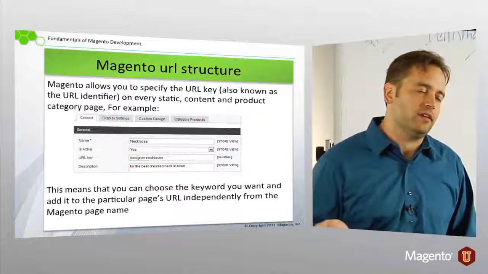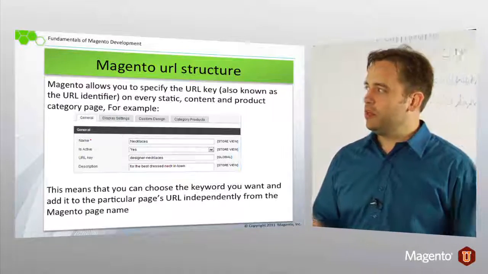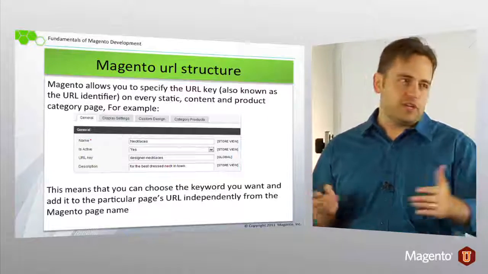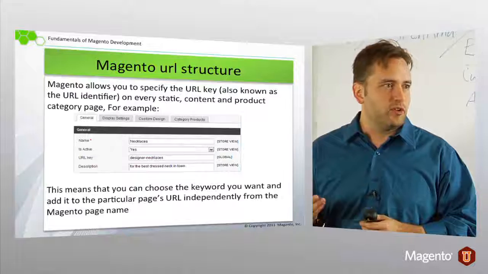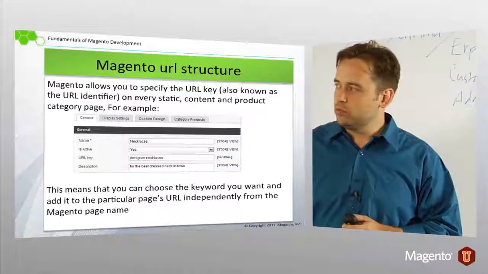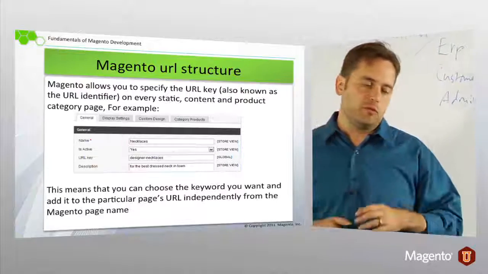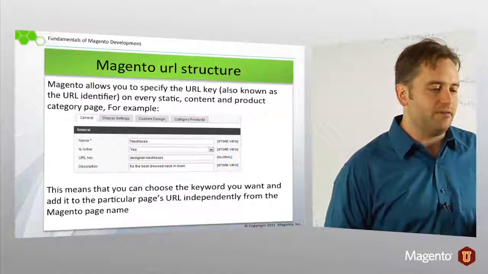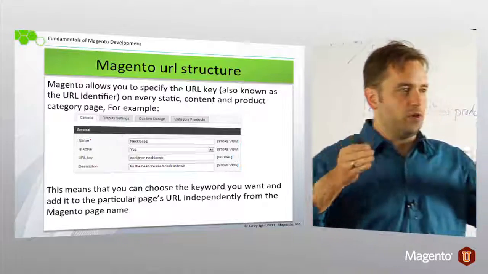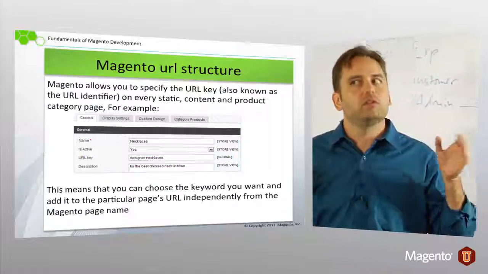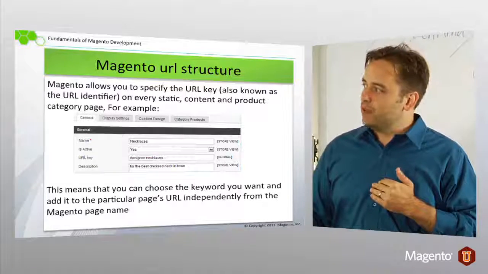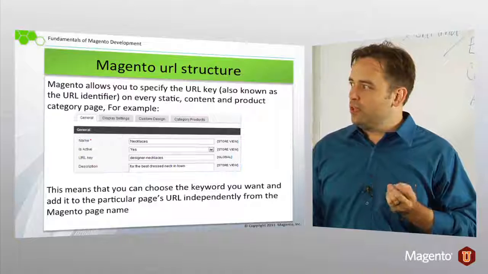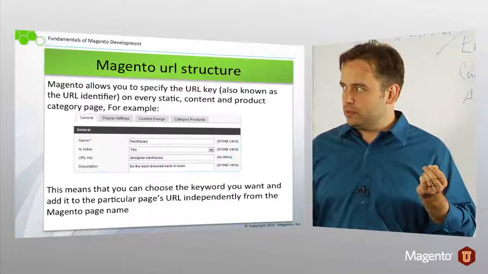specify this URL key, and this URL key will be used in part with some other configuration settings, such as a suffix, whether you want to add .html, for example, and whether you have Magento configured to have the store code added to the base URL, all sorts of different settings. But this here will be unique in a store scope,